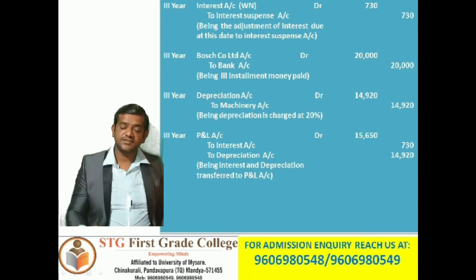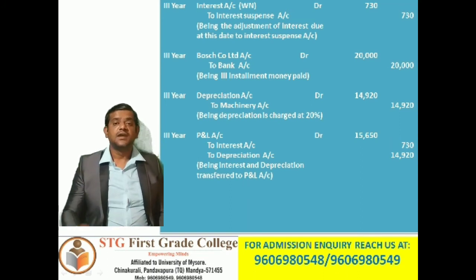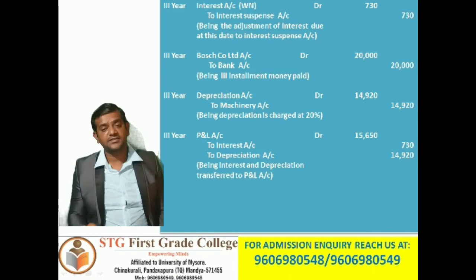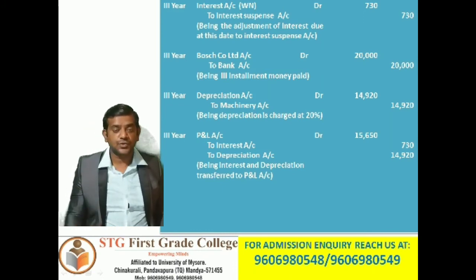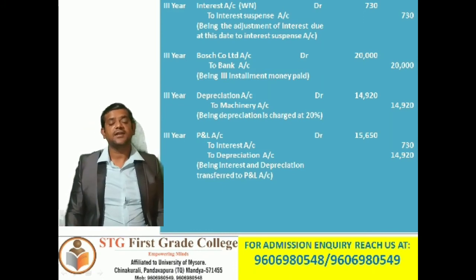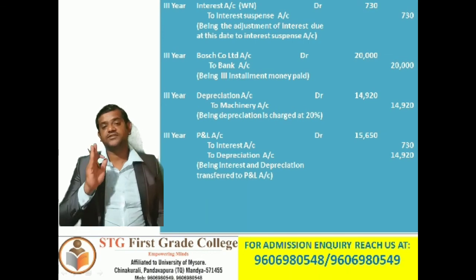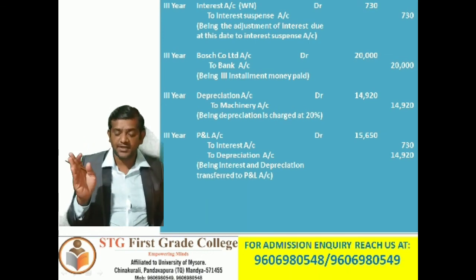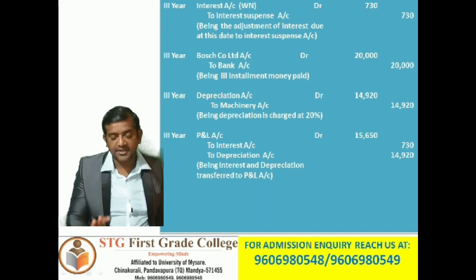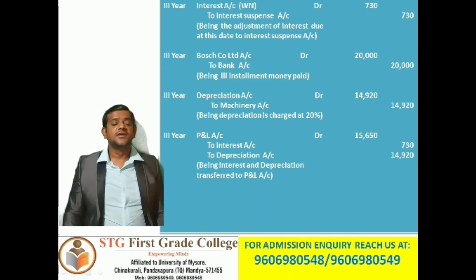So we are done with the journal entry kind of problem. See, here you have to understand, while preparing journal entry, only first two entries will be different. So from third entry onwards, it is the same entry which will repeat in the second year, which will repeat in the third year also. Okay, so we'll stop here.